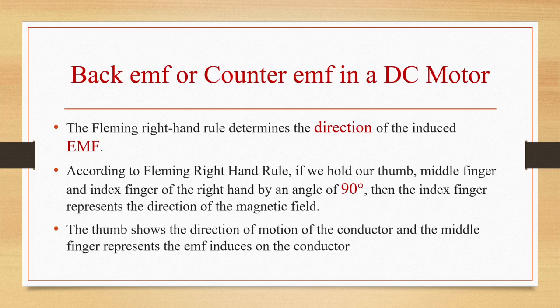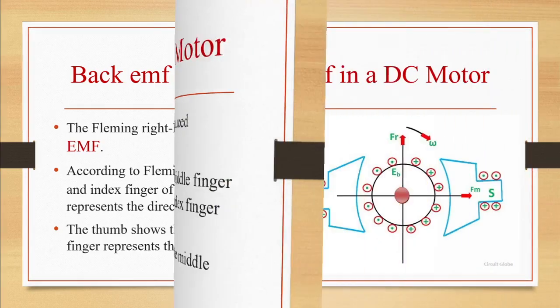That is, when the armature of DC motor rotates under the influence of driving torque, armature conductors will move through the magnetic field, and hence, according to Faraday's law of electromagnetic induction, EMF will be induced in them as in the case of a generator. So induced EMF will act in the opposite direction to the applied voltage according to Lenz's law, and it is known as back EMF or counter EMF. It is denoted by E suffix B.